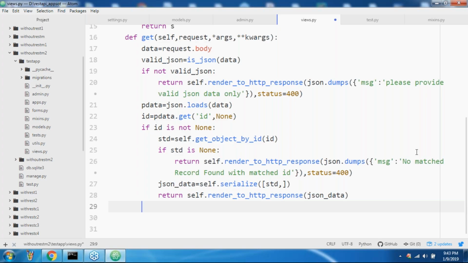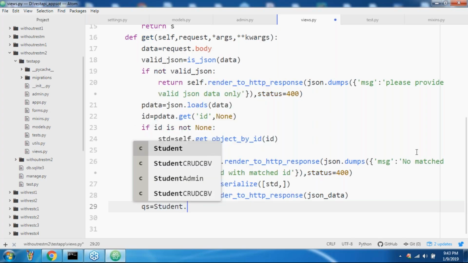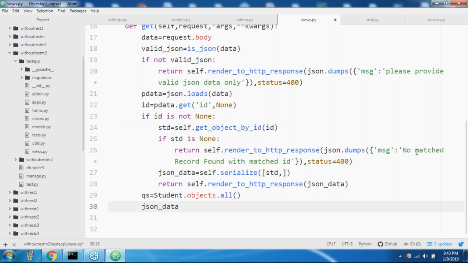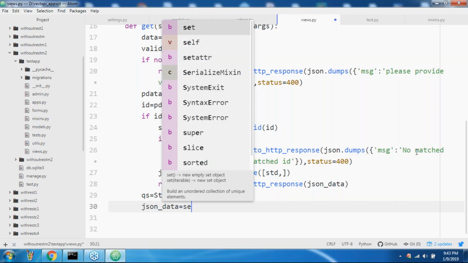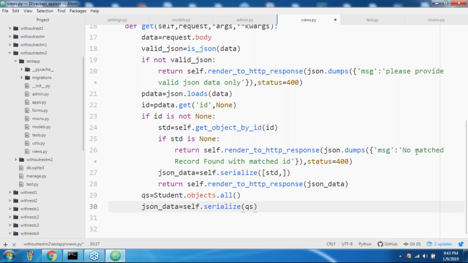Correct, right? Now I'm taking QS is equal to student.objects.all. JSON data is equal to self.serialize of just passing the query set. That's all.